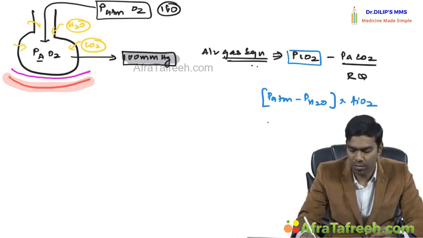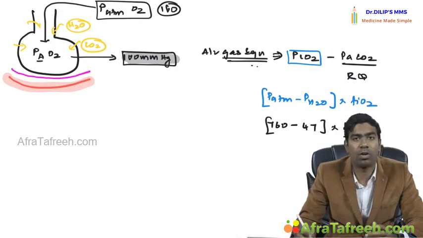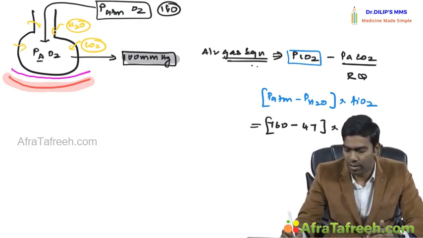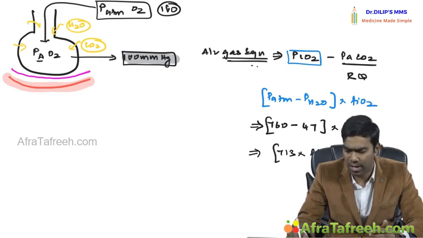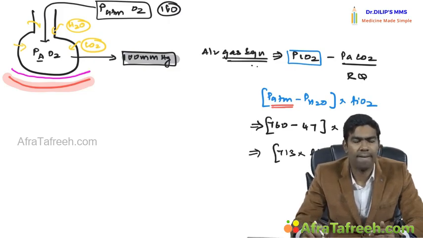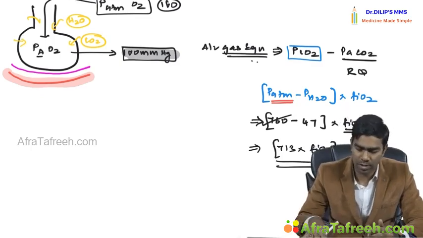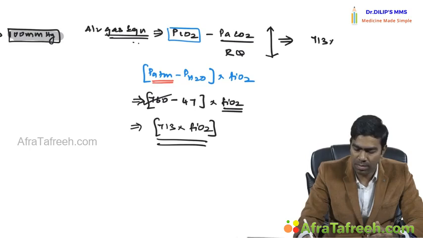At sea level, the atmospheric pressure is 760 and the partial pressure of water vapor is 47, multiplied by FiO2, which is variable according to the mask device you use for the patient. So the calculation is 713 into FiO2. You can set this as a standard as long as you are at sea level. But at high altitude, the 760 varies, so this cannot be fixed. So the final alveolar gas equation is 713 multiplied by FiO2 minus